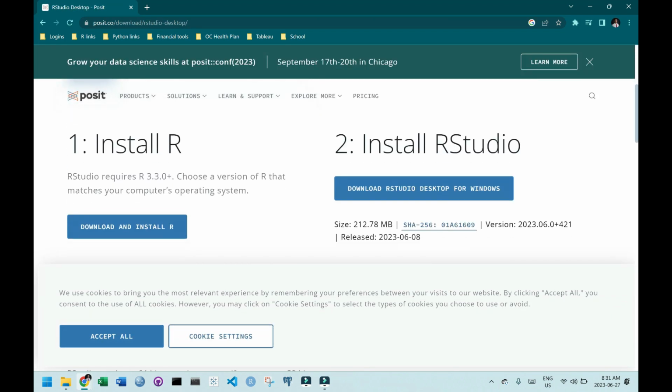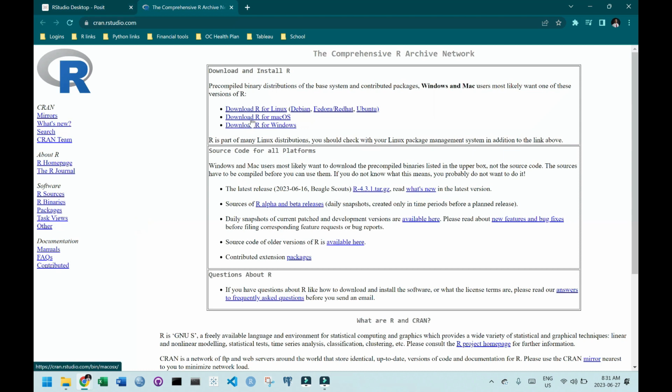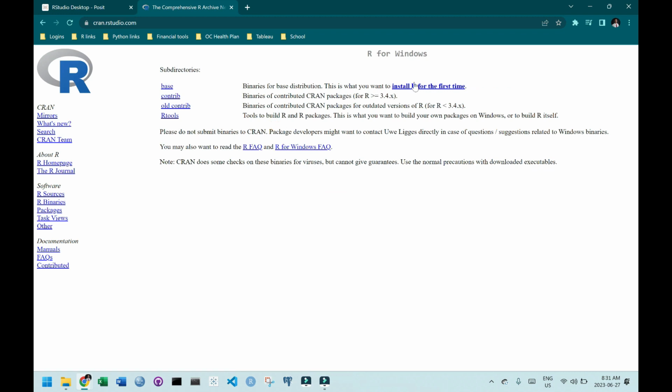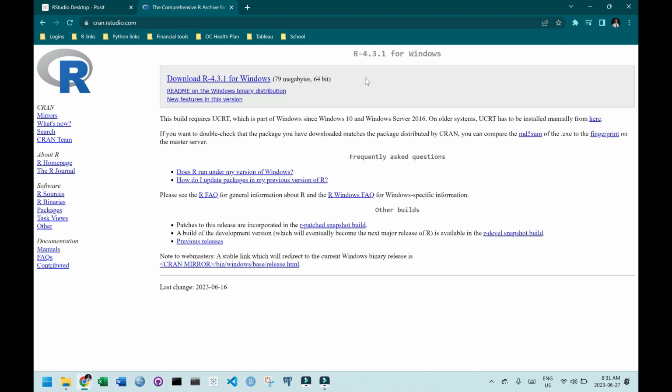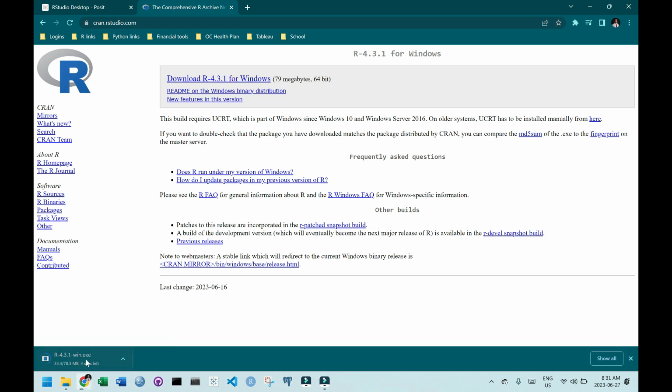Then we go to install R, download and install R. For our purposes, we are using R for Windows, and we go to install R for the first time. And we wait for it to be downloaded here. Once it is completed, we click on it